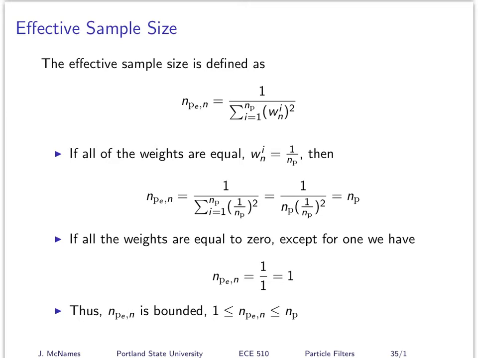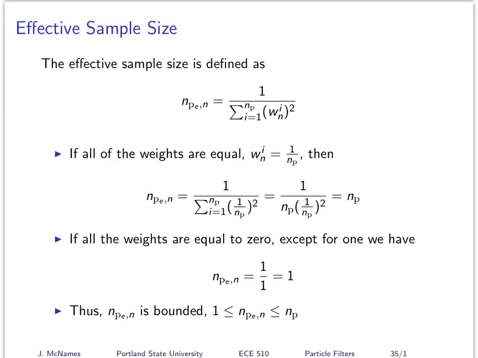I defined this very quickly last time. Let me take a little more time to go through it this time. This is an effective tool for counting the number of effective particles. And that term, effective particles, is not defined precisely other than by this equation that someone made up that seems to more or less do the right things. A lot of people use it, and I don't have any gripes about it other than that I don't know where it came from. It seems like someone just made it up as far as I can tell, which is okay because it seems